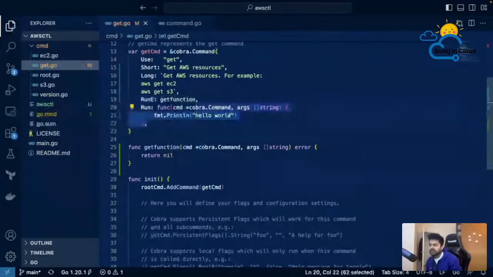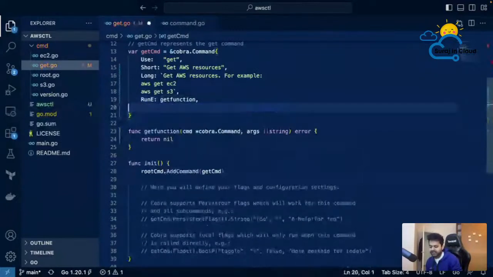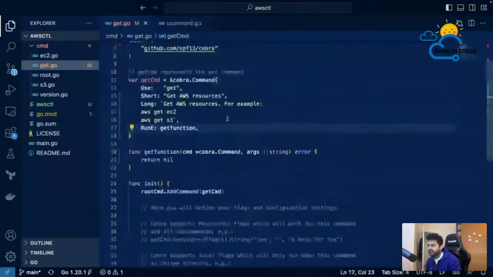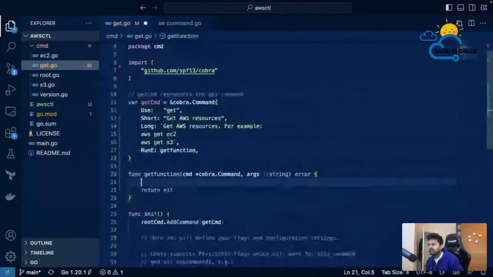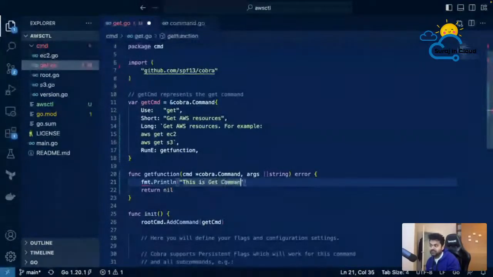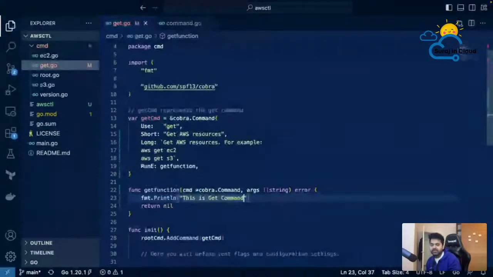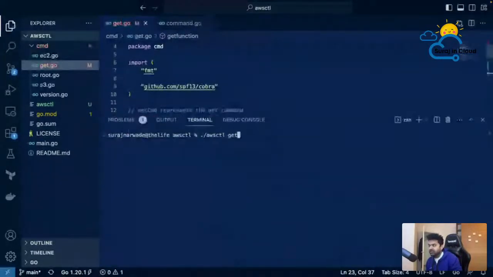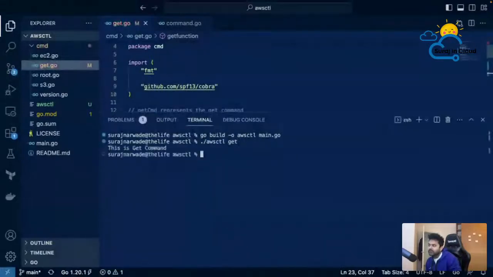Now we don't need this run. Okay, and here let's say we'll just print saying this is get command. Now if we go build again and awsctl get, it will say this is the get command. So